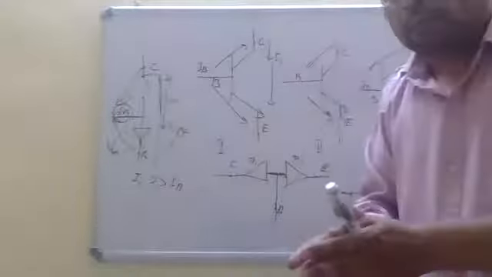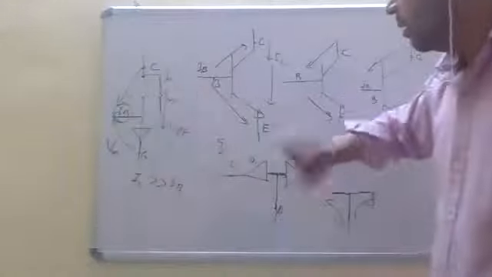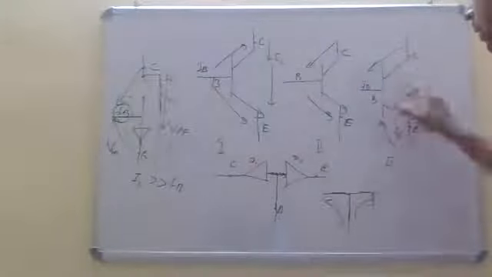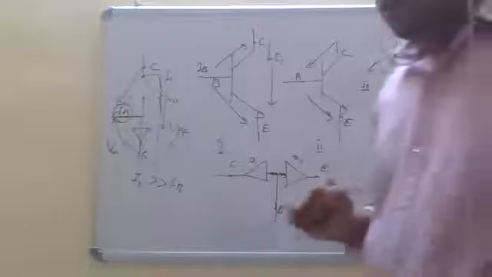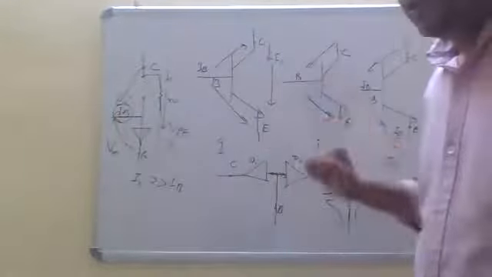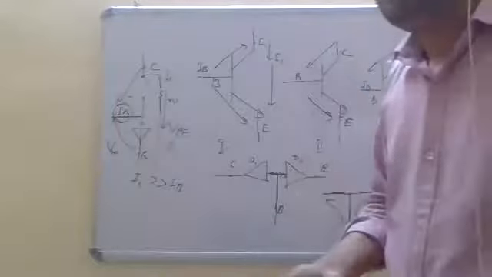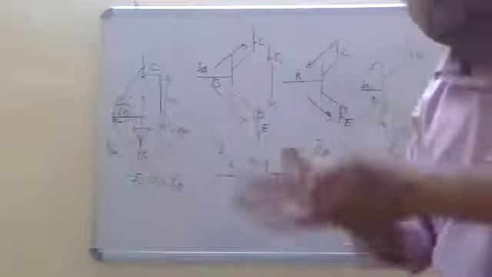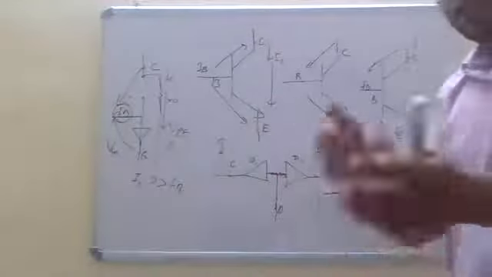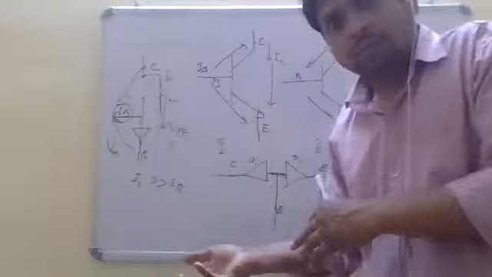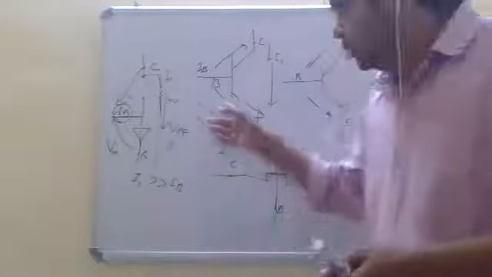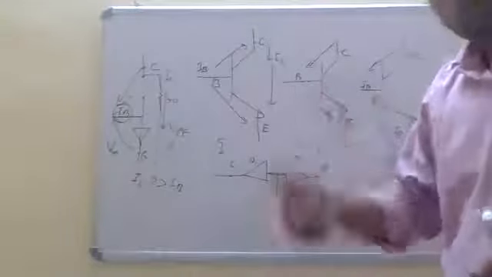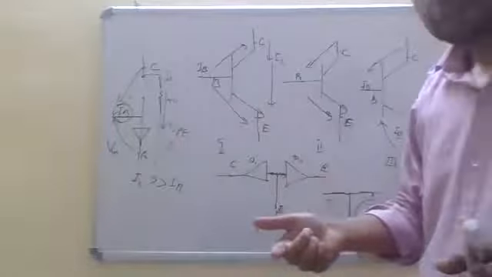Why are we going for this? Because I'm saying this one is the saturation region, this one is an active region, and this one is the cutoff region. There are three conditions. We know that very well. But why are we going for the biasing? Because when the transistor is in the active region, we have to stabilize what the input and output should be. This was an amplifier, so you will get some amplifier value, and that value should be proper.